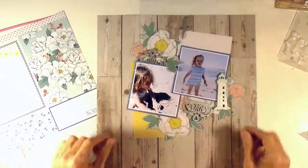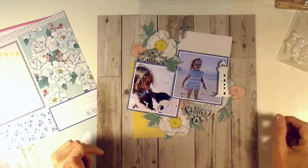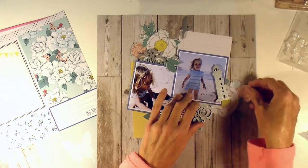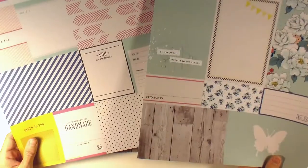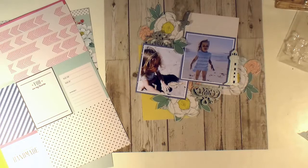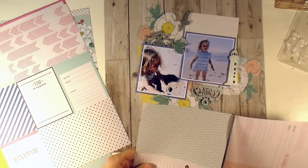The bird and the lighthouse are MDF wood, and the kind of scrolly frame that I cut there was out of chipboard. So I've got 2 different textures going on here. And I'm really liking how this is coming together. It's sort of turning into a central cluster, and with that kind of yellow and notebook paper that I put